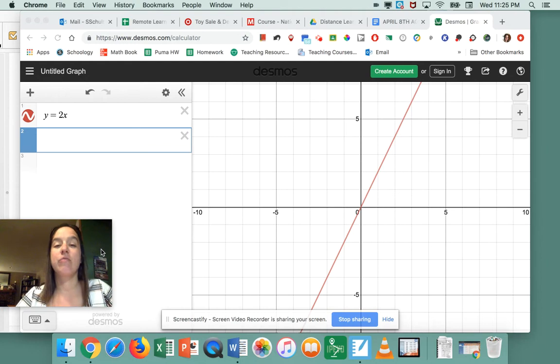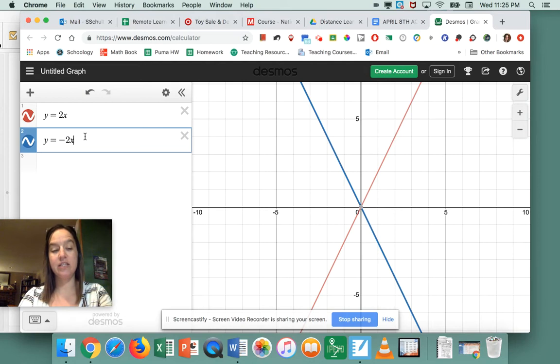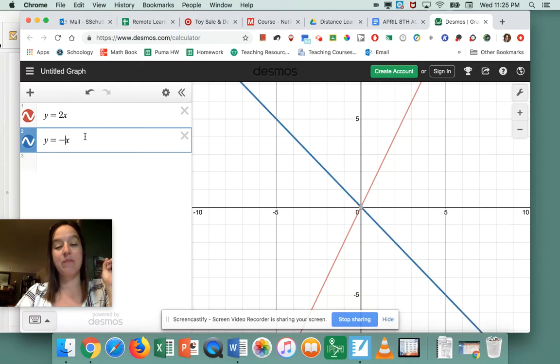I ended yesterday with, could you figure out the perpendicular line to y equals 2x? Some of you came up and said y equals negative 2x. If you look, the lines aren't quite perpendicular. They're definitely in opposite directions, as one has a positive slope and one has a negative slope, but they are not perpendicular. For those of you who got it correct, the perpendicular line is actually